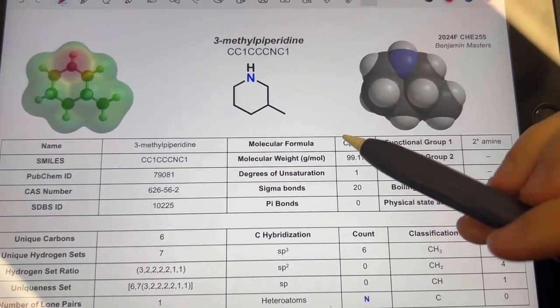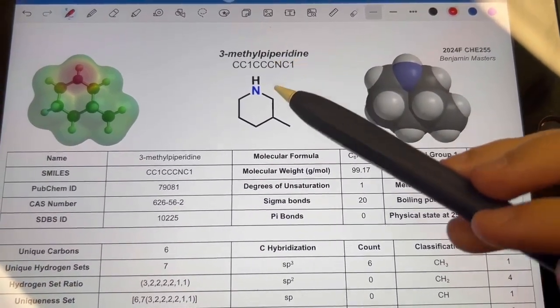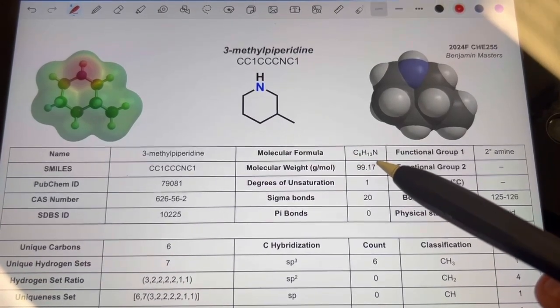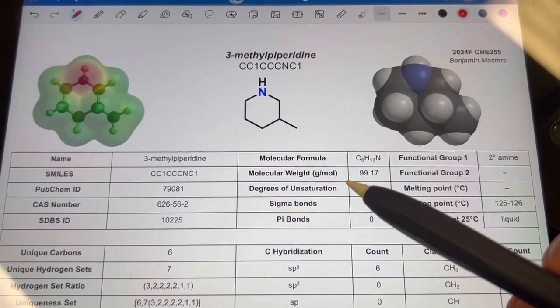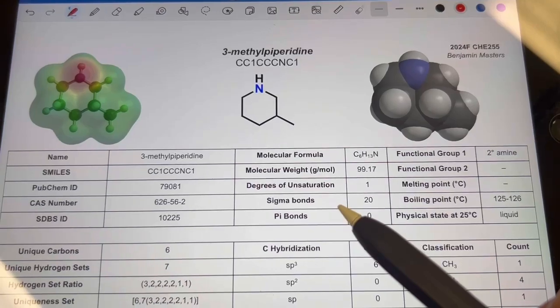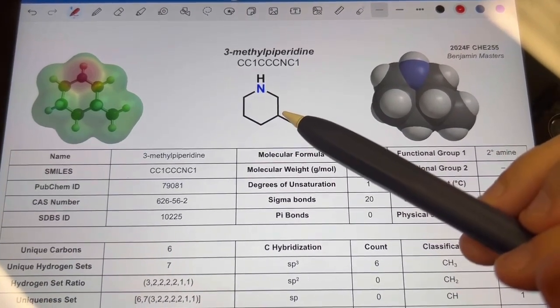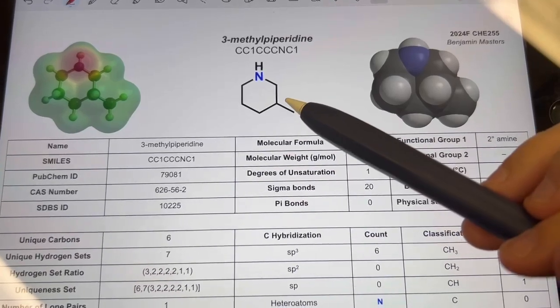Today our structure is 3-methylpyridine. This is the structure here. It has a molecular formula of C6H13N, a molecular weight of 99.17 grams per mole, 1 degree of saturation, and 20 sigma bonds, being the nitrogen and the carbon and carbons, and the hydrogens attached to each of the carbon